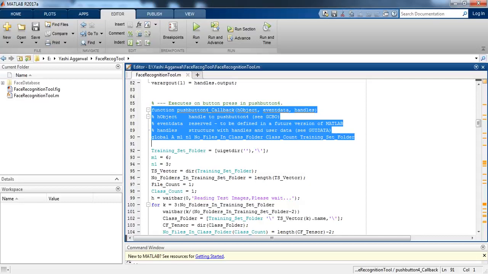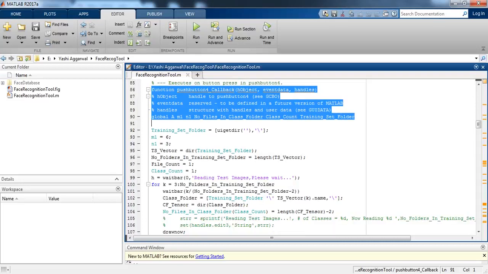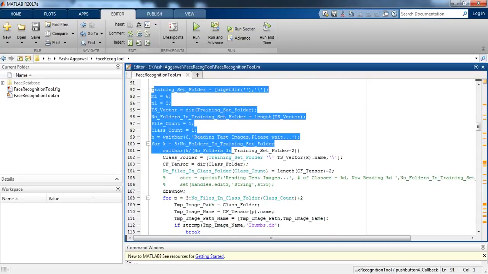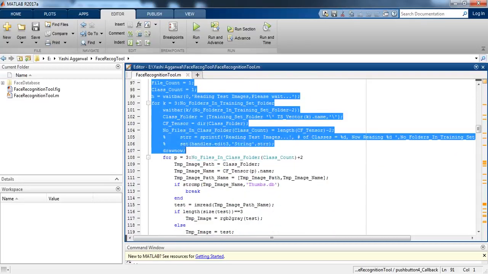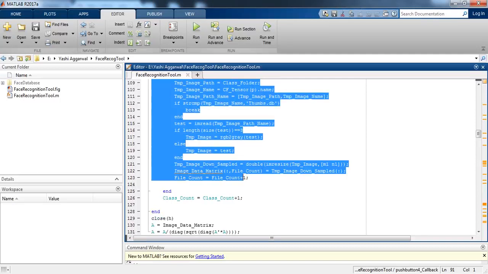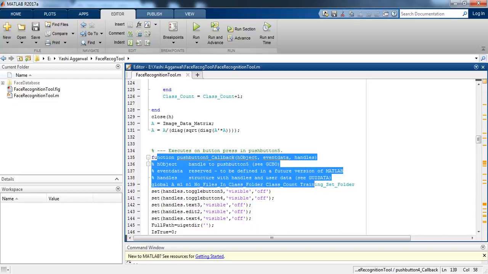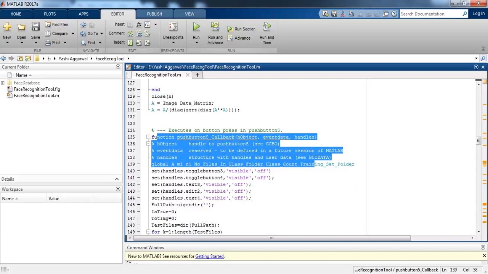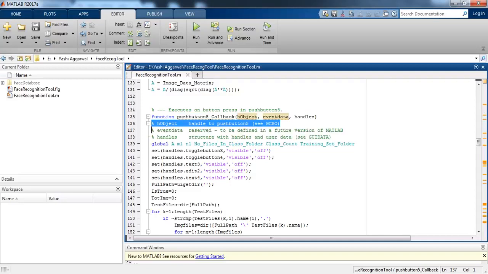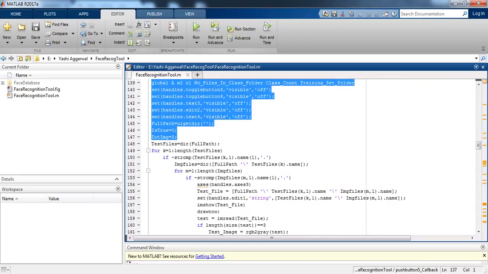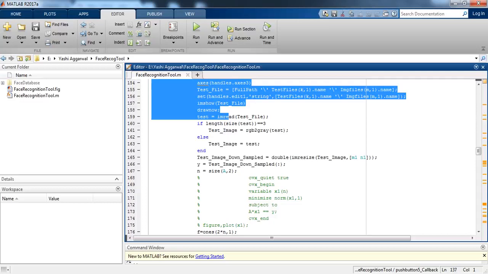This is that function, and after that we are implementing code that executes on the push buttons. When we press the push buttons, what executes is basically the function for this. After that we are training on the set folder. After training, there are basically three buttons: train, single test and multi-test. So here is the code for the push button execution.